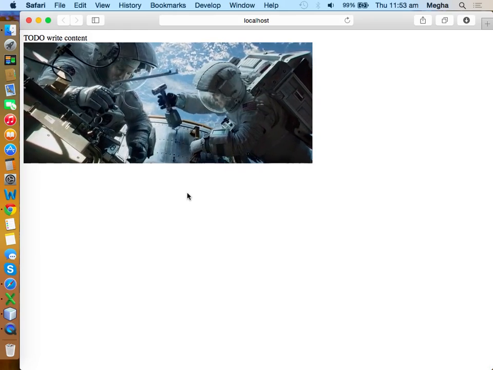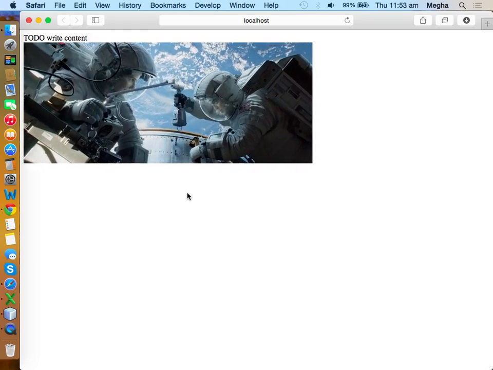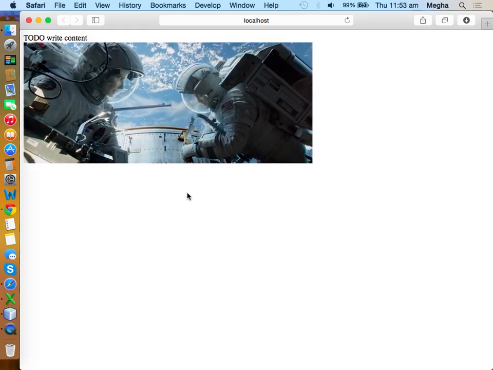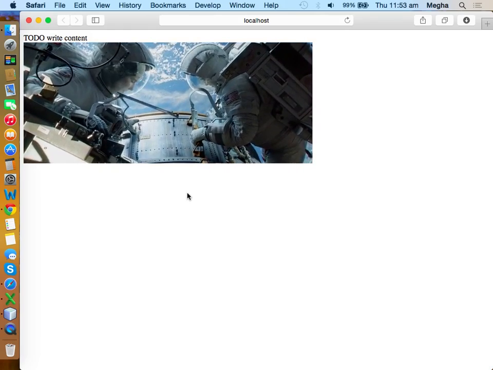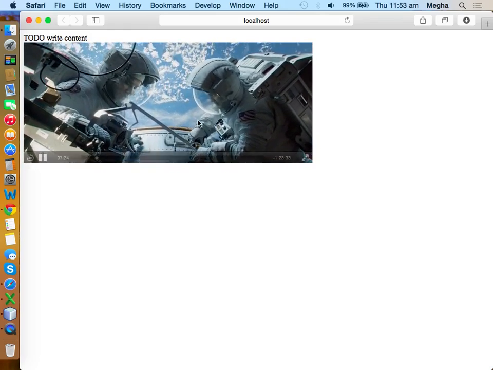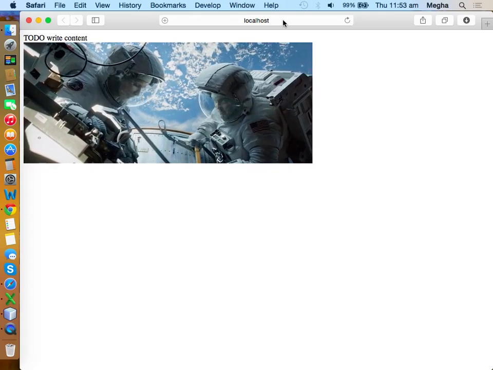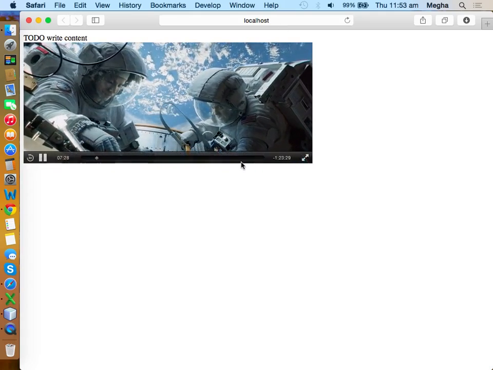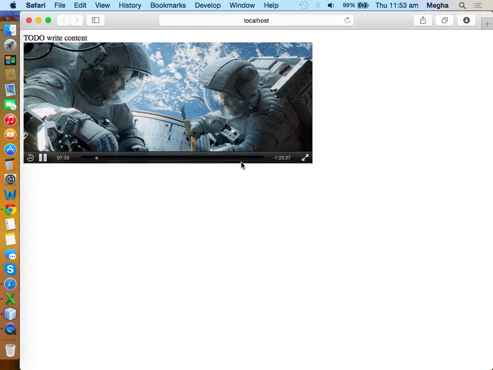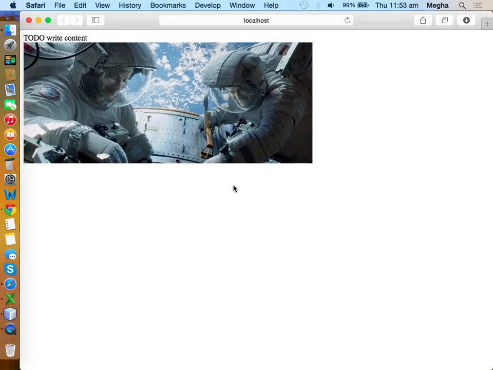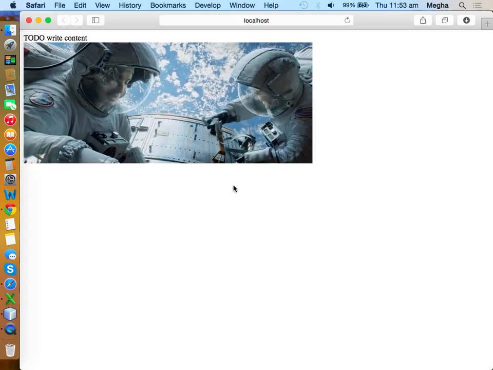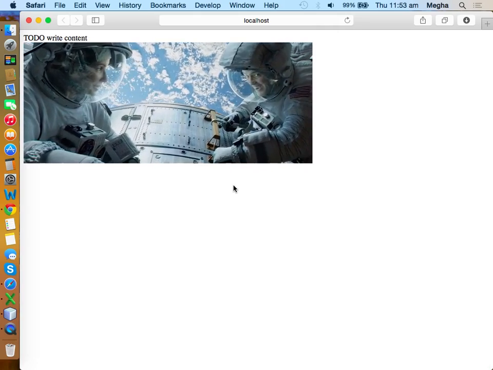The HTML5 provides a built-in video tag where you can define the source. You can directly play the video content in the browser. I mean, you can directly stream it. It depends on your internet connection. But anyway, I'm running on a hosted system, localhost, so it's running on my own computer itself. But if you are running on a hosted system where the content is hosted somewhere else, it will probably